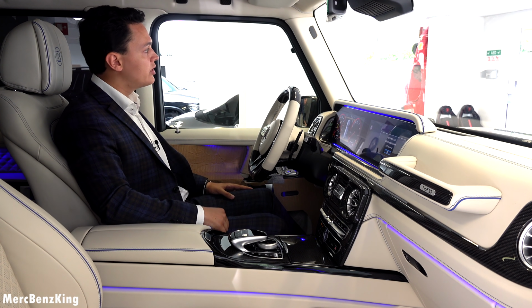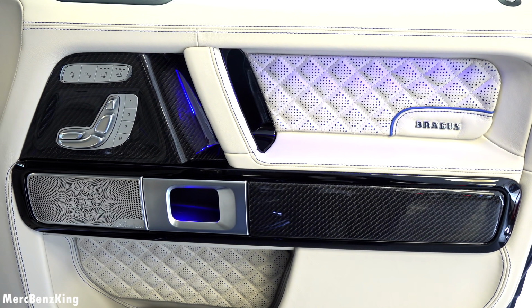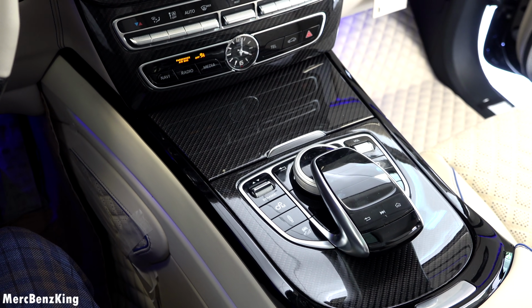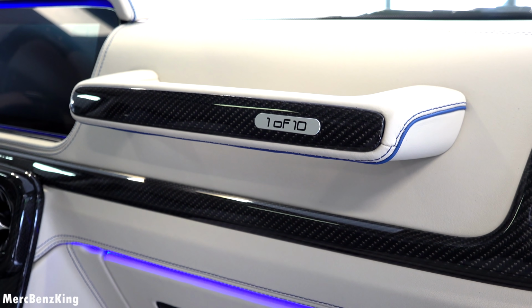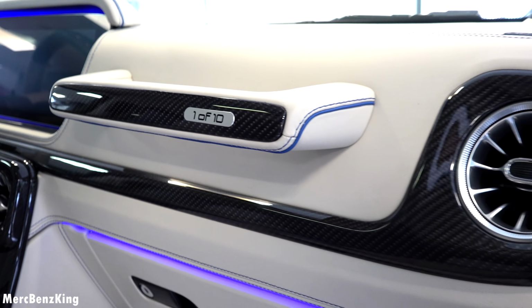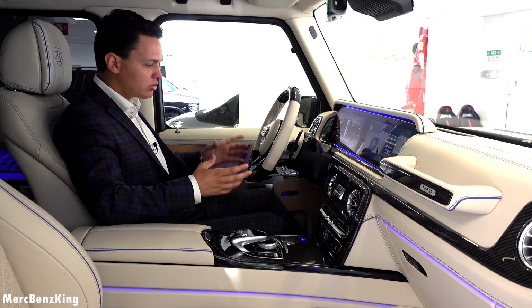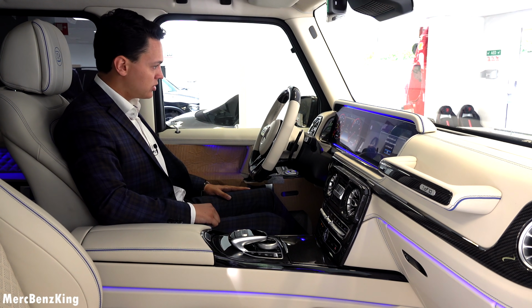It is in a fully bright leather upholstery. And everything that is not leather is carbon fiber. For example, the center console, and also the special hand grab, which says 1 out of 10 in carbon fiber and leather details, with beautiful turbine style air vents. And yes, it is only 1 out of 10, and the customer specially ordered it with blue accents in the